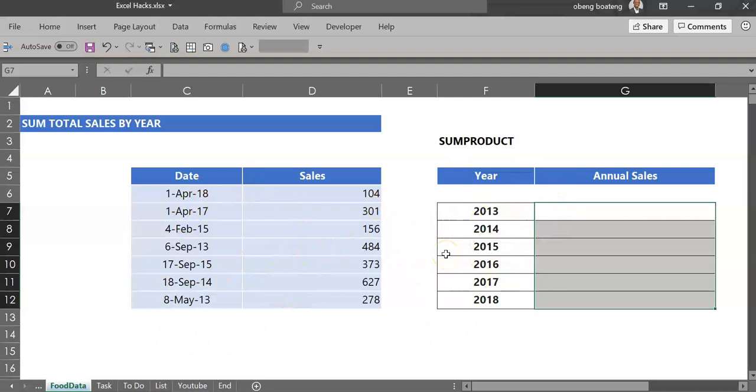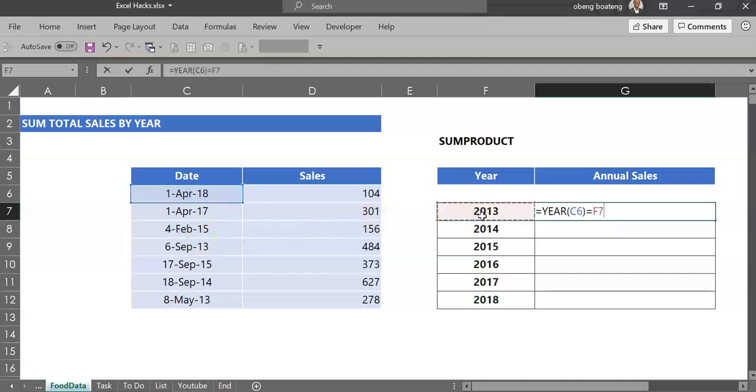If you are stuck and you want to use formulas, what you can do is to use Excel's SUMPRODUCT function, a very versatile function that helps you sum if a certain condition is met. Now, to use SUMPRODUCT, you need to test a certain condition or criteria. In this case, the criteria or condition we are testing is to find out if any dates in this range is equal to